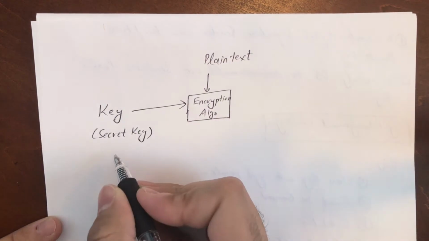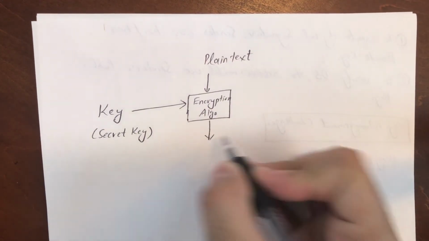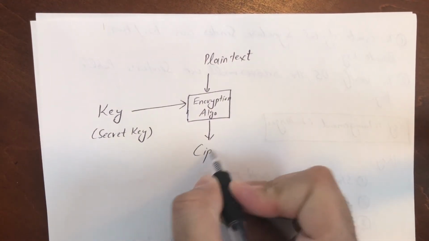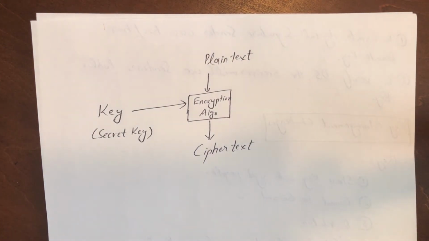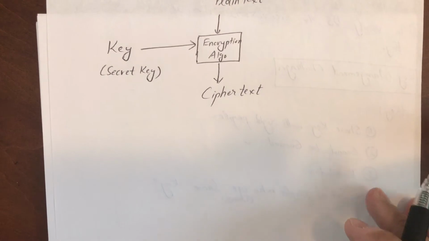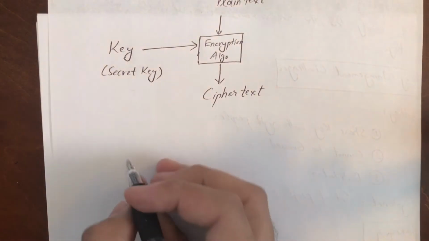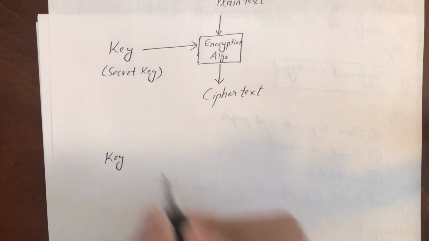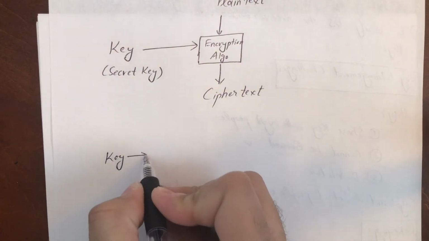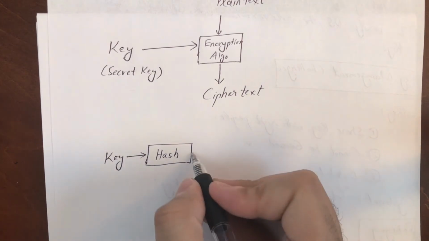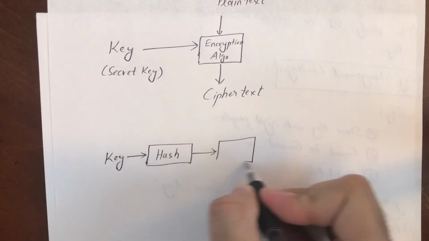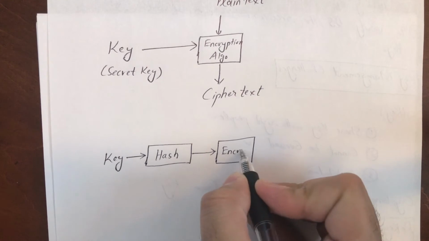Each time the plain text will get changed, we'll use the same key, and we get a ciphertext. This is what we discussed simply in encryption. In order to make it more sophisticated, rather than using a plain key, we can actually calculate a hash of the key and use the hash as a key. Again, encryption algorithm,